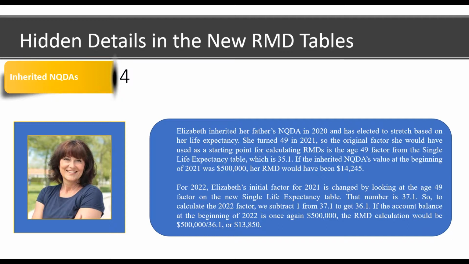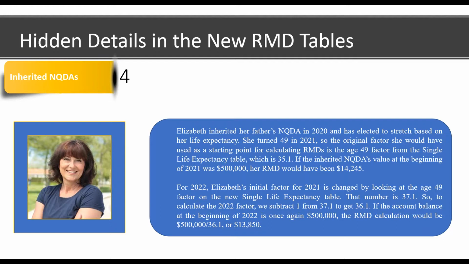And so for this year, we use a 36.1, the original recalculated factor minus 1. We use 36.1, and we divide the beginning of the year account balance, and if we assume that's $500,000, her new RMD from the inherited account for this year is $13,850, which again is lower than what it was for last year. And so to the extent that we've got clients who have inherited non-qualified annuities, who are non-spouse beneficiaries,